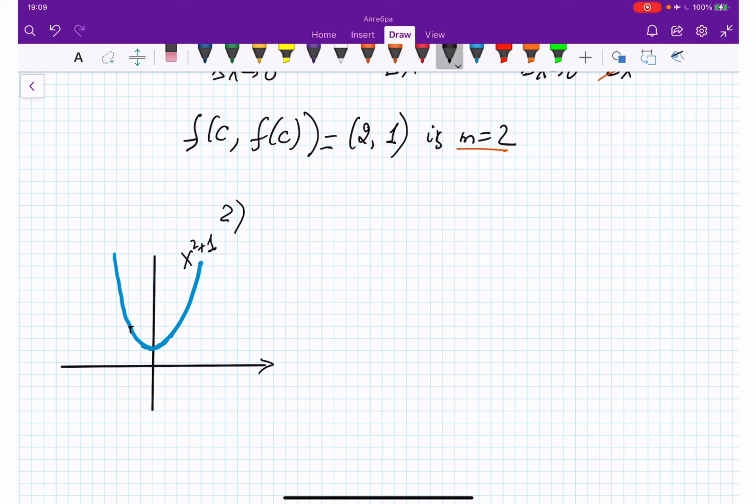So this would be 1 here. Okay, so we are given the graph f of x that is equal to x squared plus 1, and we need to find the slope of the tangent line at the